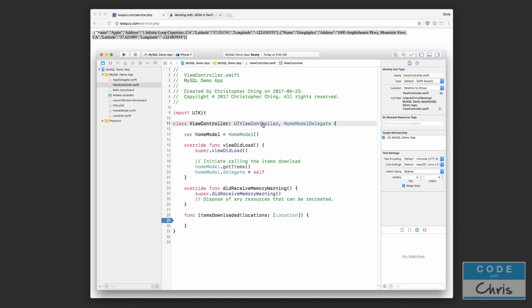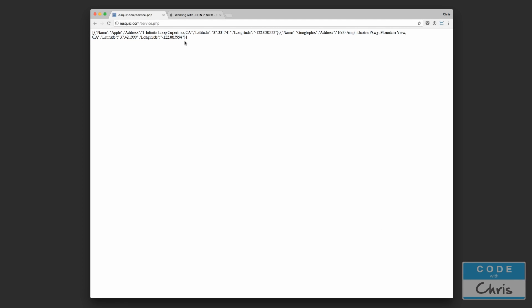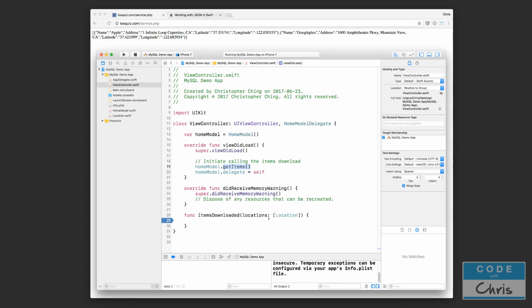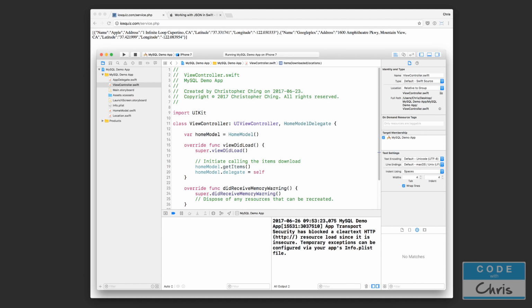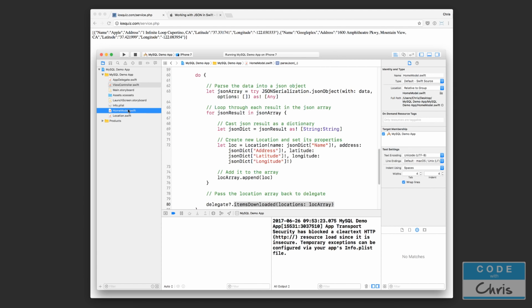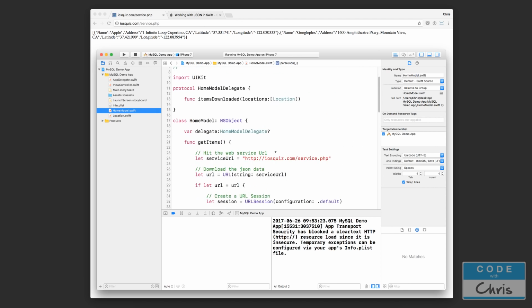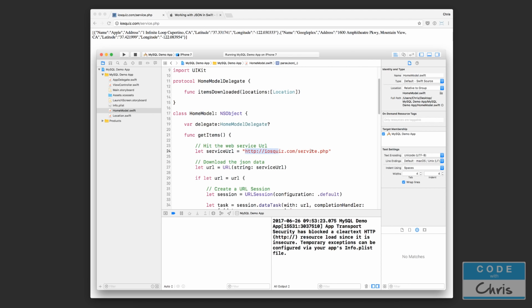Let's run our application now, and what should happen is the home model get items function is going to get called. It's going to go download the JSON here, exposed by our service, and then we're going to get the items back here. Actually, we forgot one thing, and it's telling us right here in the debug console, app transport security has blocked a clear text HTTP resource load since it is insecure. So what it's saying is that it's blocked access to this HTTP resource because it's not